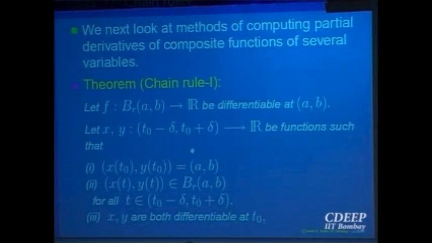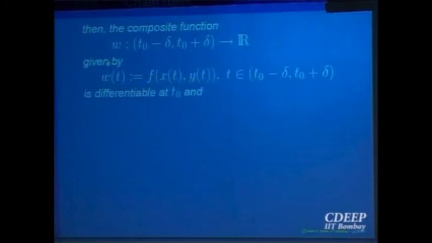Then I can compose: take a point t, t goes to (x(t), y(t)), evaluate f at that, f of (x(t), y(t)), that is a number again. So the composite function is a function of one variable only. t goes to a number, but in between there is a function of two variables sitting. So we want to say that that function w, which is f of (x(t), y(t)), t in a neighborhood, is a real valued function of one variable. This function we want to know is differentiable or not, has a derivative or not. It says w has a derivative, and that is given by this. So it is fx at the point (a, b) into x dash, like the chain rule.